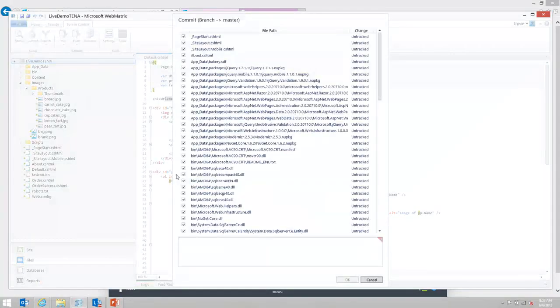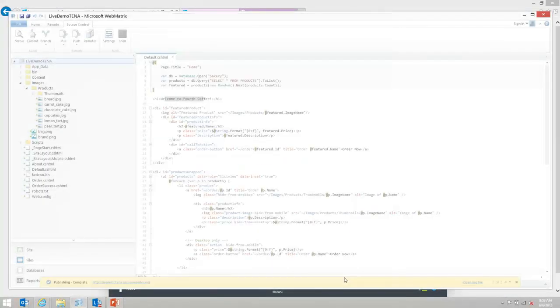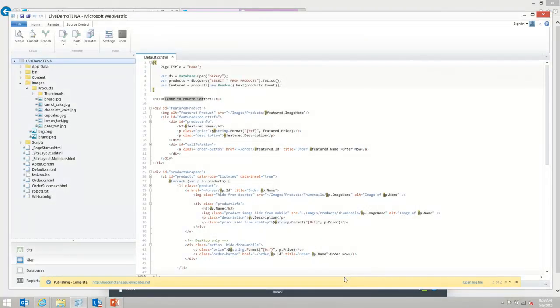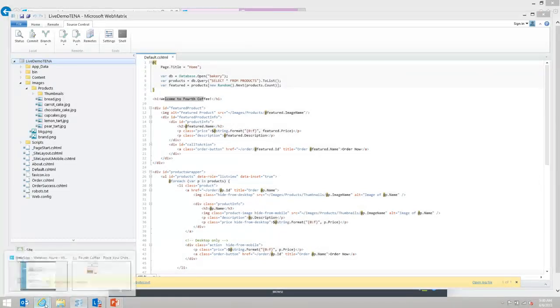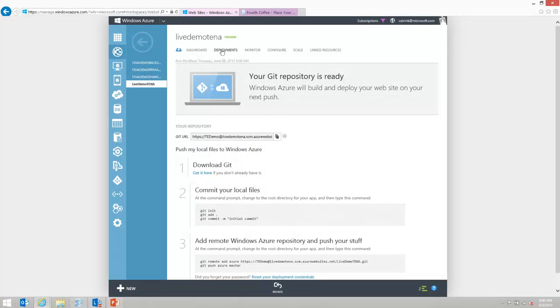We're going to go here. We're going to say, call it IC for initial commit. Hit OK. And what it's doing is it's doing an initial commit and publishing a version up to websites, right? And so we'll give it a second to publish. It's complete. And now we can go back to our websites interface. And now you'll notice in deployments,